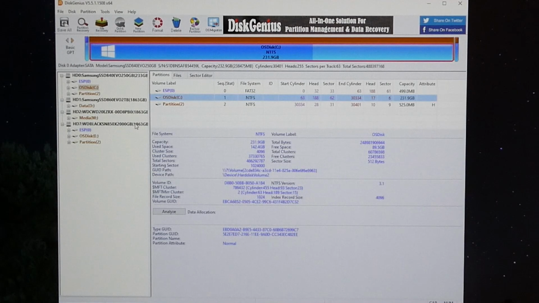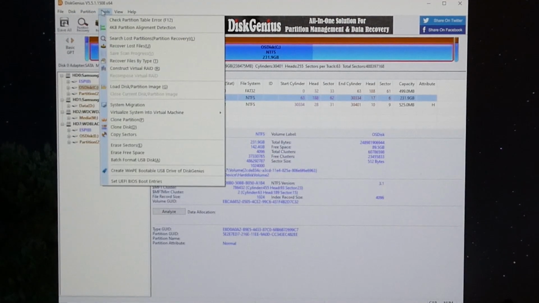So what I want to do is copy this onto this so that I've got a new system drive that I can put on my new motherboard, with this as a safe backup, so that if I have to put everything back to square one and put the old motherboard back in, at least this C drive won't be in a state of trying to reconfigure itself to a different motherboard. Right, so from memory, go to Tools, System Migration,